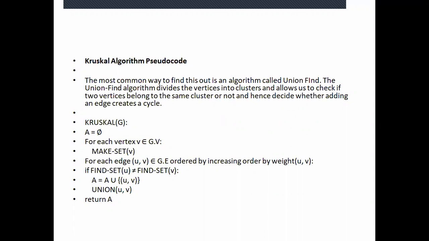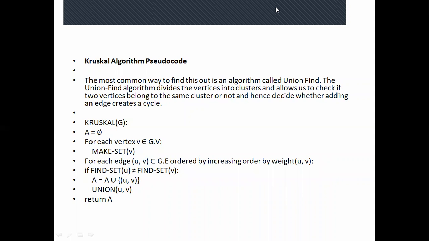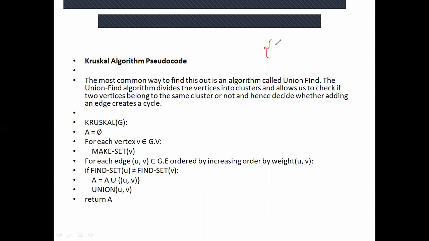Okay. Now, beta, in order to implement that part, to find out whether an edge is creating a cycle or not, we can take the help of sets. Suppose in one set I have just 2, in another set I have 3, and in a third one I have 4. Suppose these 2, 3, 4 are your nodes. Now suppose I want to add an edge 2, 3. Right now, no node is connected.